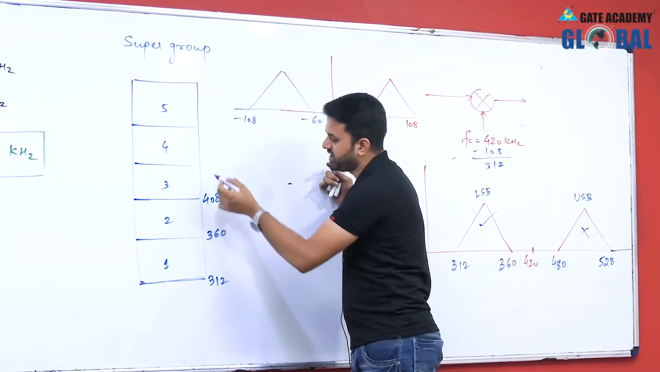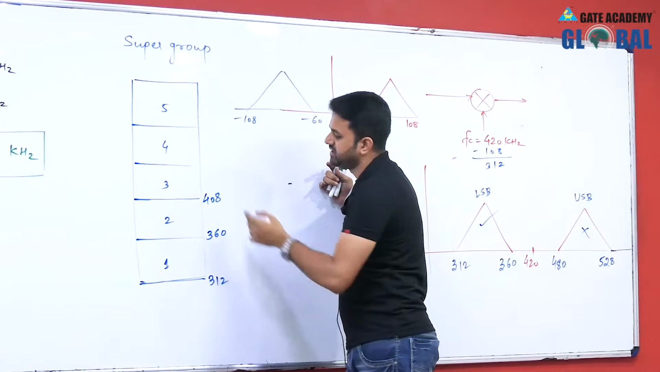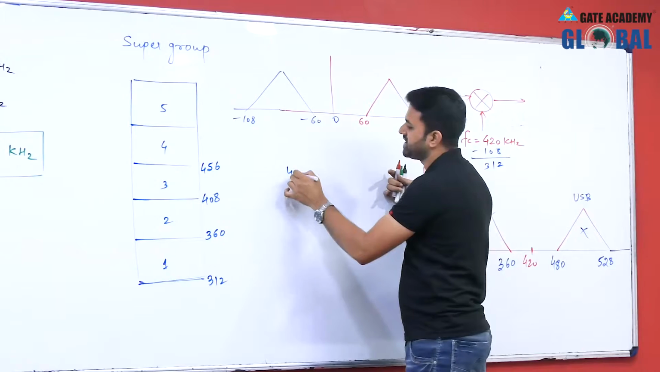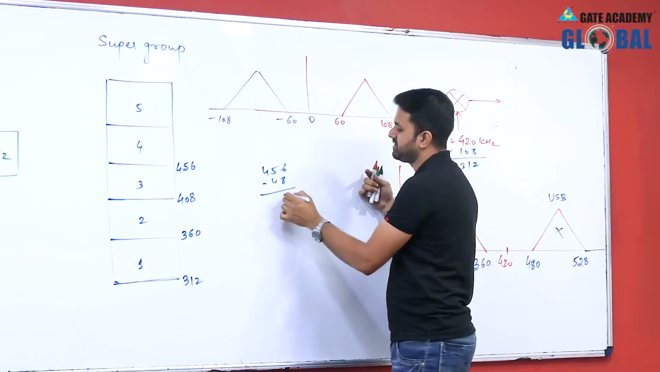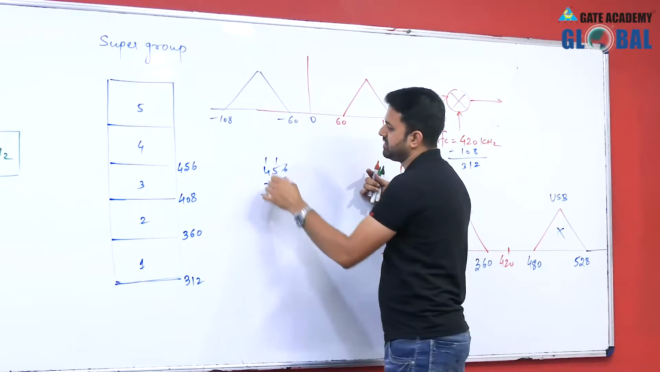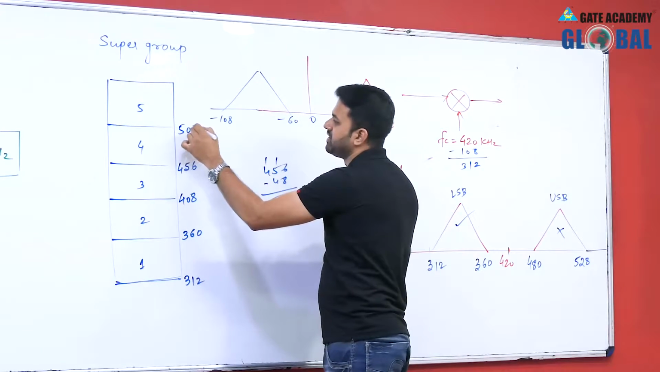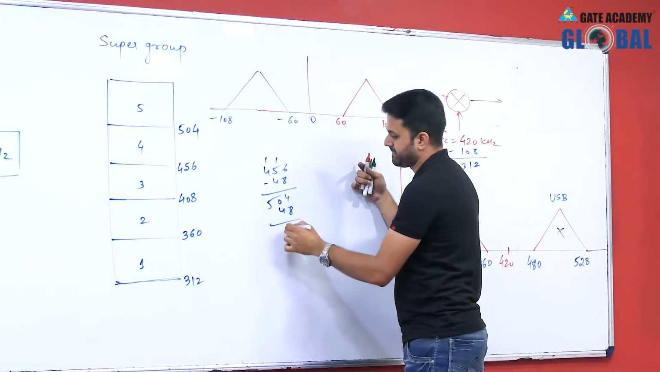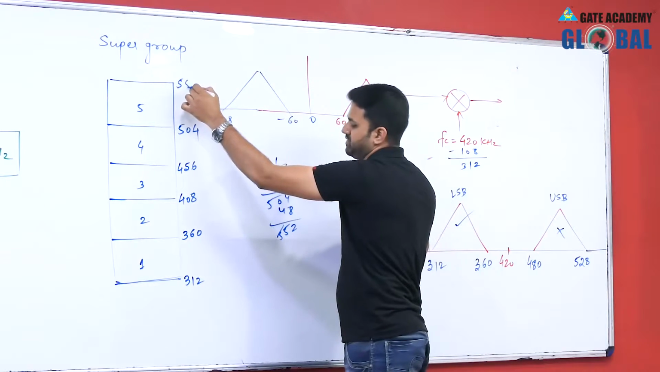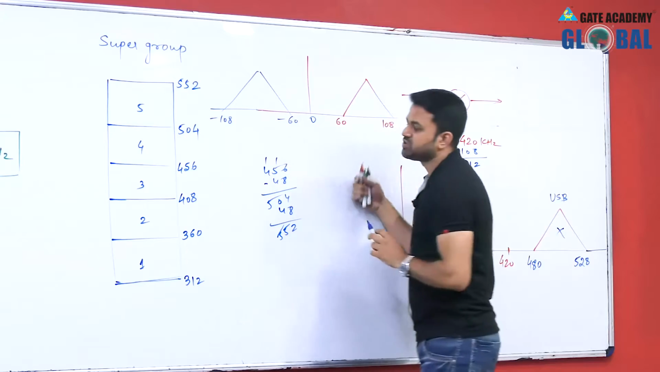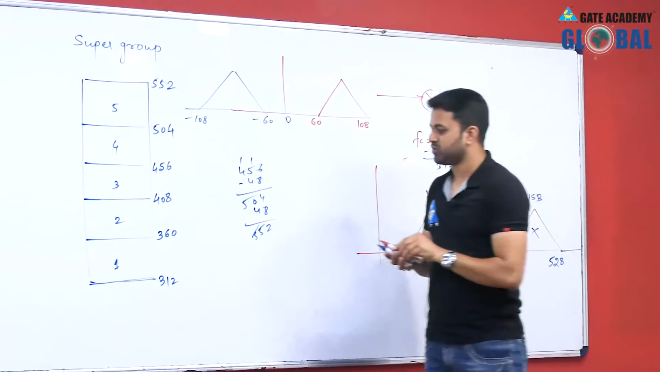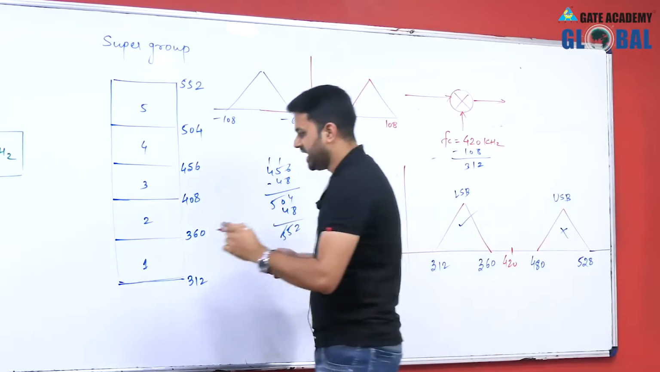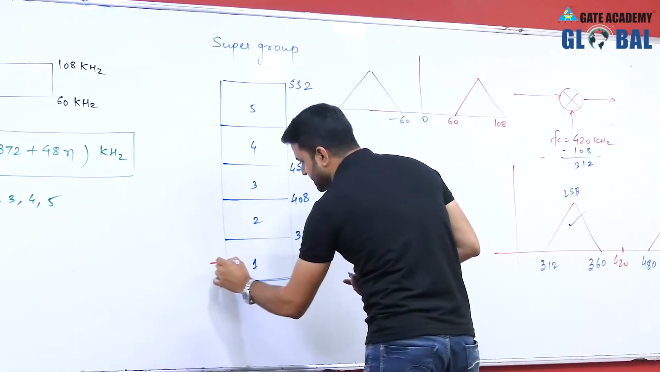Now 408 plus 48, we get 456, and 456 plus 48, 504, and 504 plus 48, 552. So the range of this supergroup is from 312 to 552 kilohertz, and this is having carrier frequency,